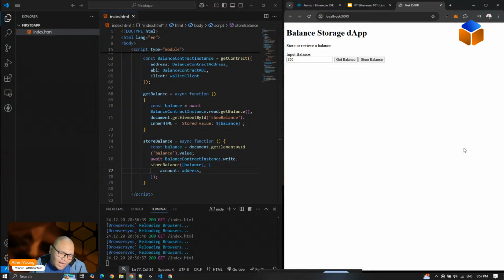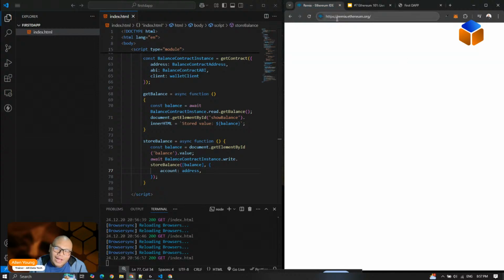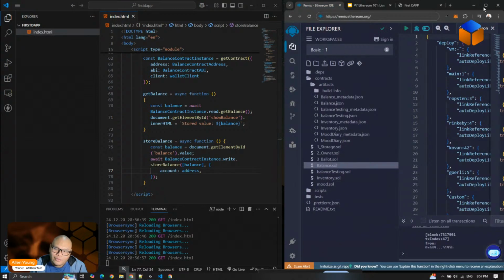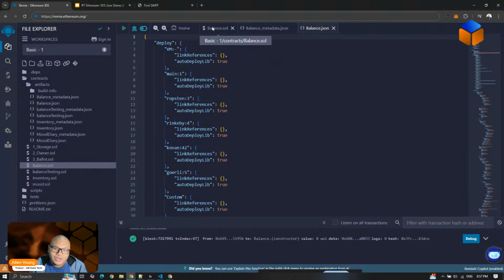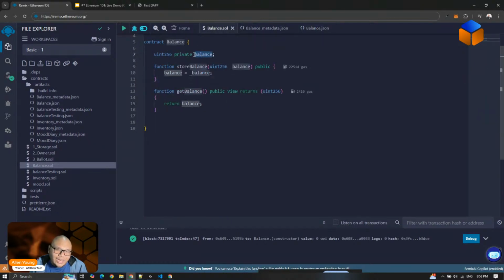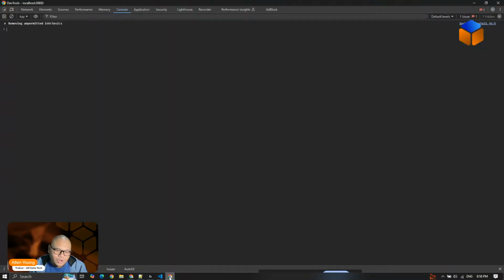That's the reason why in the UX UI of a decentralized application, you create loaders or even some notifications if the transaction is done or not. So let's try to retrieve the value. Just for the demo, I will go back to the smart contract. So let's check if the value of the state variable balance is 200 based from the text box that we have input. So going back on our decentralized application,